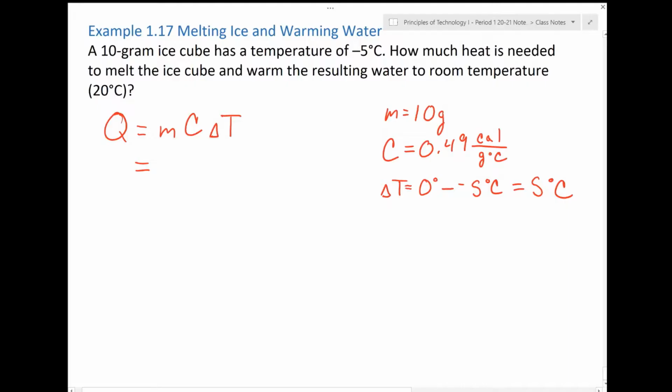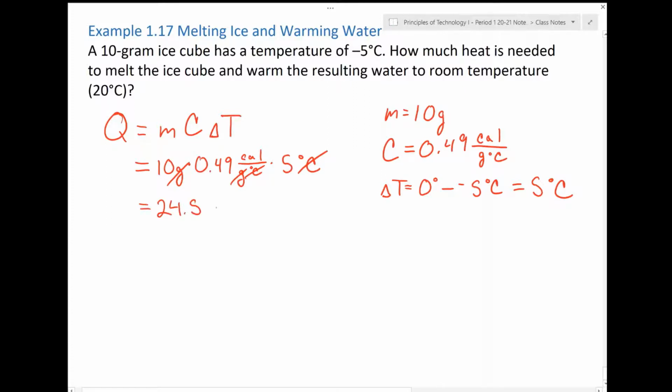Substituting these values into our equation, 10 grams for the mass times 0.49 calories per gram degrees Celsius for the specific heat times 5 degrees Celsius for the change in temperature. Cancel out the grams, cancel out the degrees Celsius, and we get 24.5